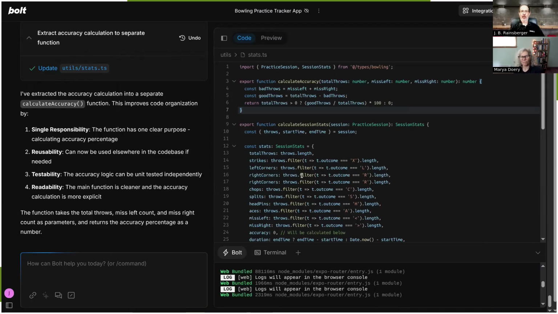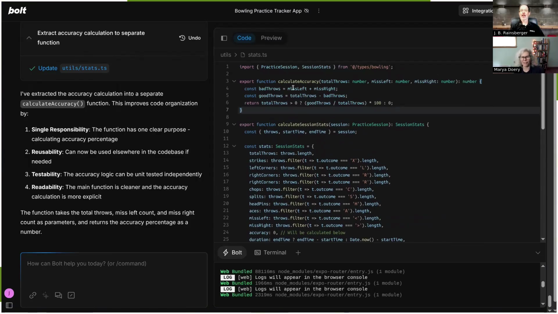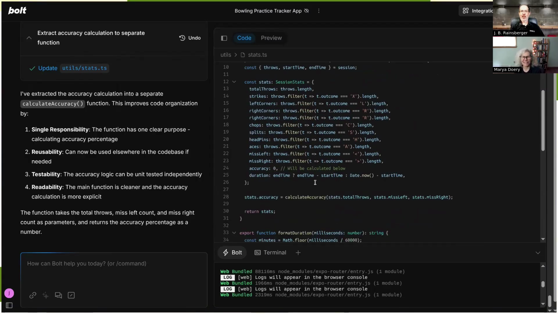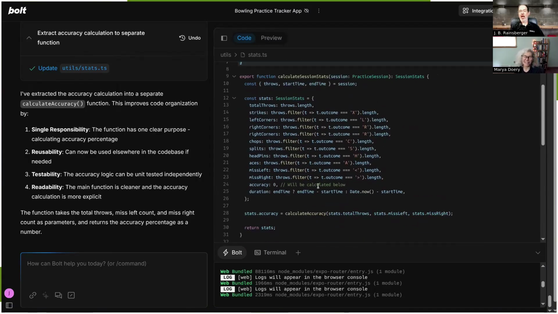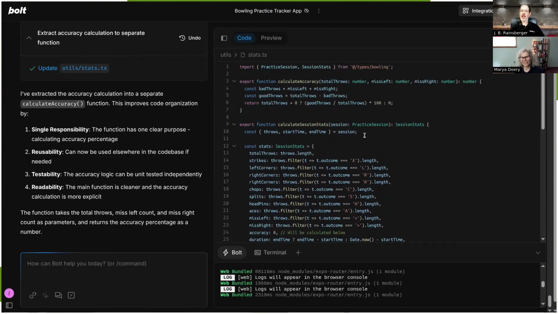So that's interesting. If you passed session stats into that function, there might be some programmer somewhere who decides I'm going to just update session stats in here and mess around with it. So it's a little strange because in a language I could guarantee that session stats were read only. I wouldn't worry about that. So that's interesting. That's not what I would expect it to do. This, however, is the thing that I don't think makes a lot of sense.